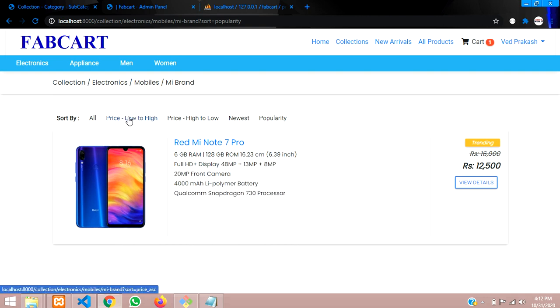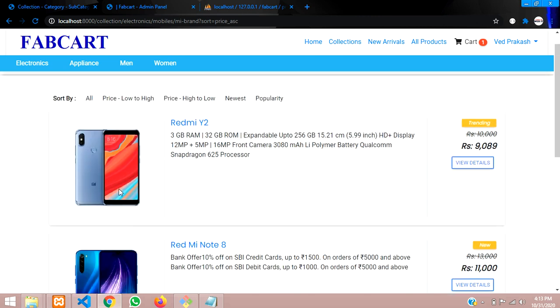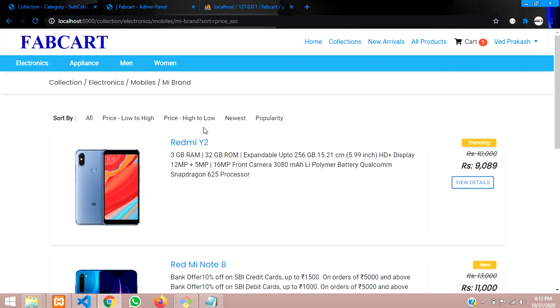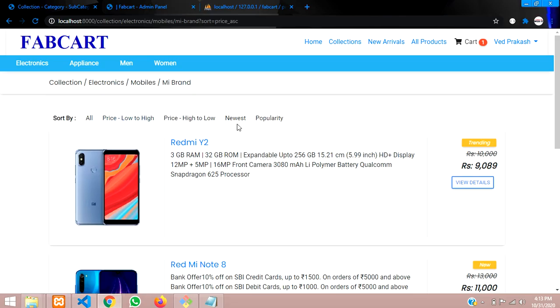So in this way you can do many types of sorting. Okay, so guys, now we have learned one way of sorting. There are many ways of sorting, like price with popularity, and price with latest or popularity, latest with that. So you can just create a sidebar and start the sorting process. Okay, so guys, in this video we have completely done how to sort the products according to low, high, newest, popularity and status things.